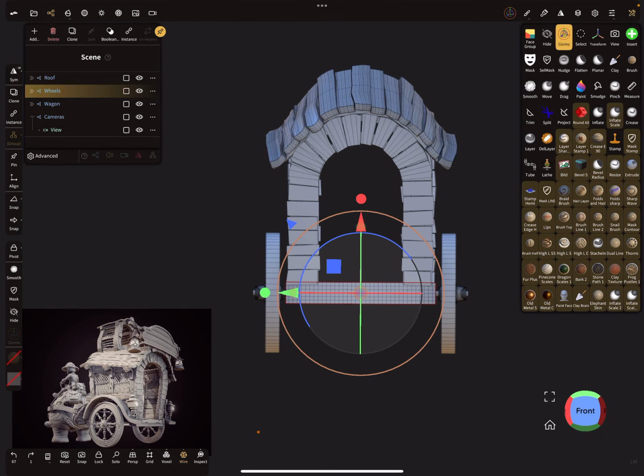So and I scale it a little bit. Maybe like this. So here a little bit more. So I think it's okay.